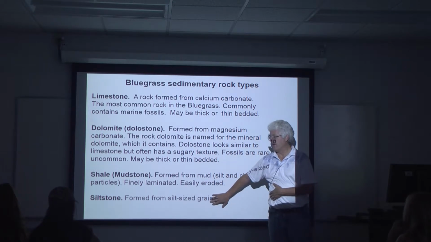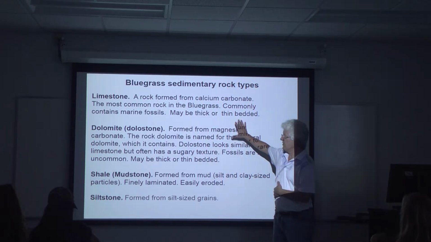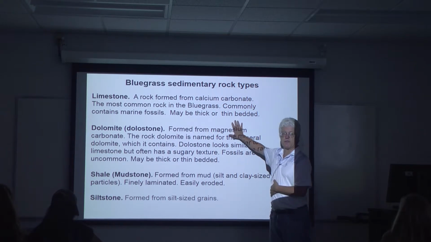And then we have a little bit of siltstone. There's not a lot of siltstone. There's a unit called the Garrod siltstone that occurs in the Ordovician. It's just made out of silt grains. It's a little bit more sturdy than a shale. And in sedimentary rocks, you have rocks that are kind of chemically precipitated or a mix